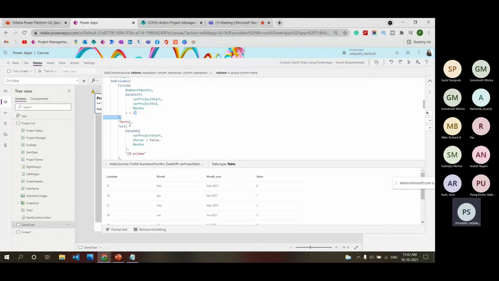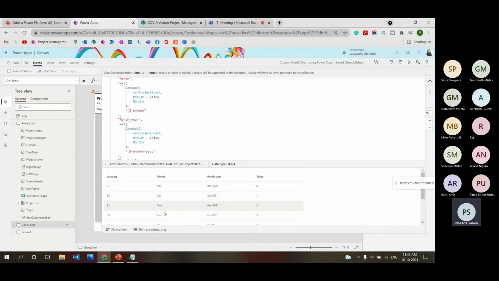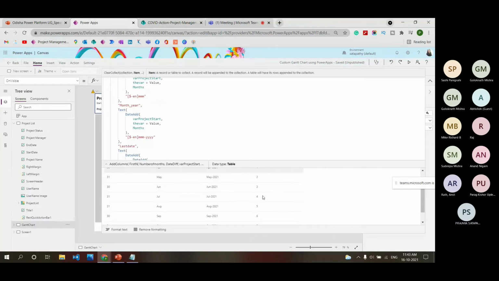These are my columns. Using the AddColumns formula, I have added month, in MMM format, like Mar, April, and month year, so that if I want to find March 2021 or something like that, it gives me that data, and also the value, which array is taking that value.